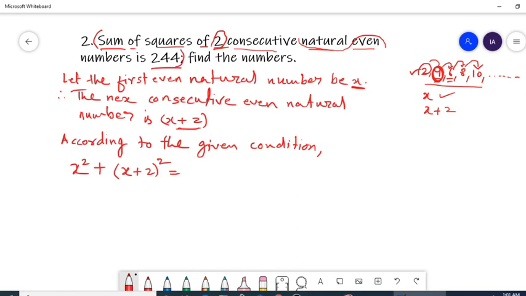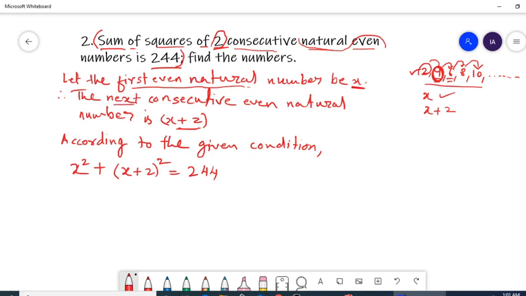According to the condition given in our question, we can convert it into a mathematical expression like this: x square plus x plus 2 whole square is 244. This is called the mathematical expression of the given condition. Now we can simplify this equation to find the value of x. Once you get the value of x, you will get your first even natural number, and you need to add 2 to find the next